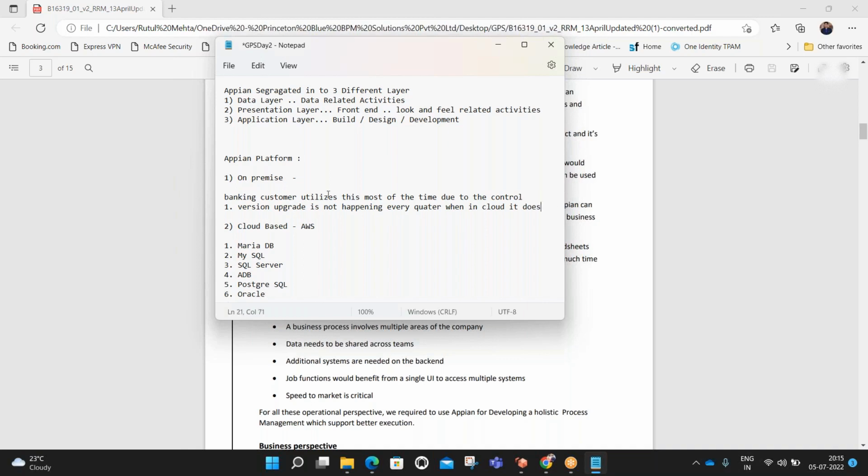So for that, definitely we need to go to the on-premise. These are the main criteria for why bank customers are still using the on-premise network. And when I say control, I mean until and unless we are connecting to the VDI of that